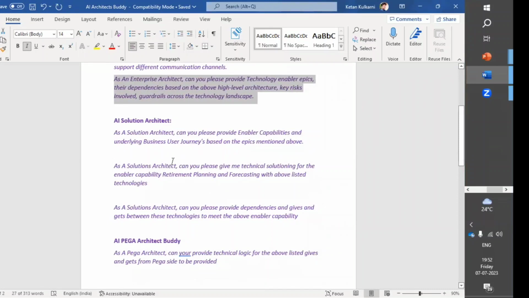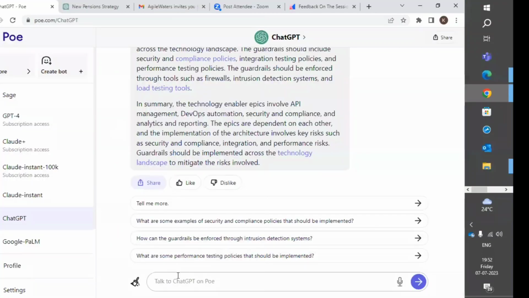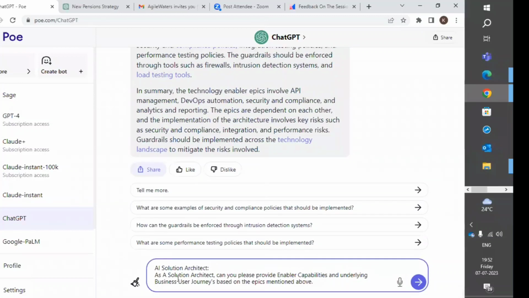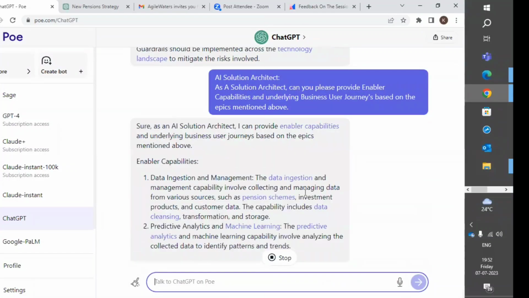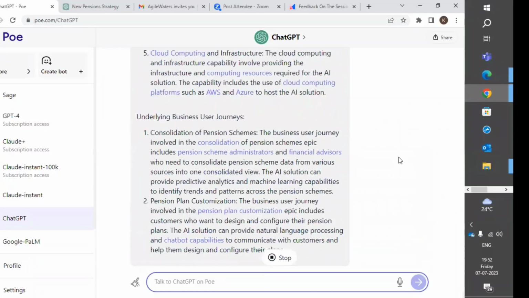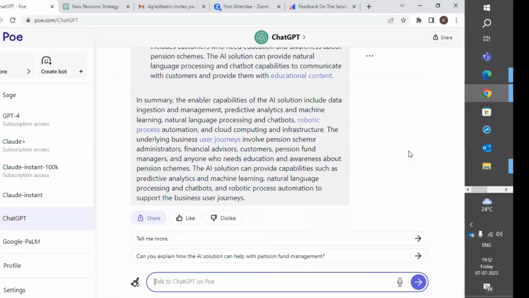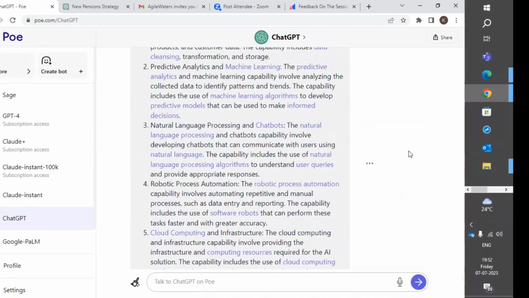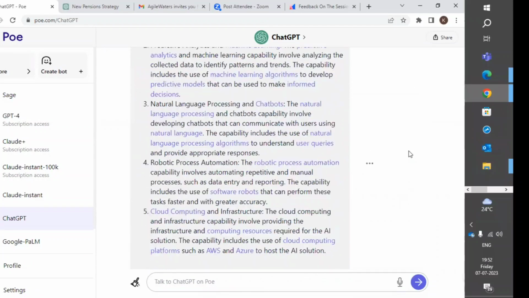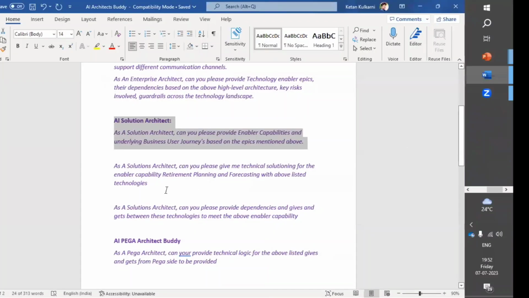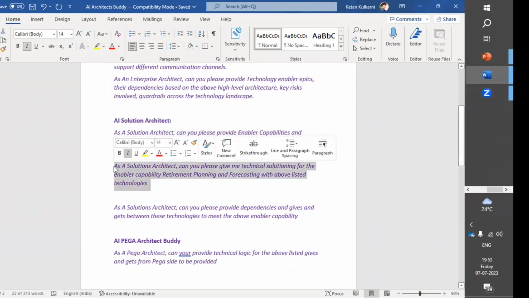If you go in more about solutioning, then can you please give me a technical solutioning for the enabler capability for retirement planning and forecasting, one of the epics above. So let's just take these two and I'll take a developer one so that you get the flow here. So this is going to give you the entire enabler capabilities, whatever is required as a solutions architect for the new pensions product. If you ask him a technical solutioning for the enabler capability for one of the epics, that is retirement planning and forecasting,